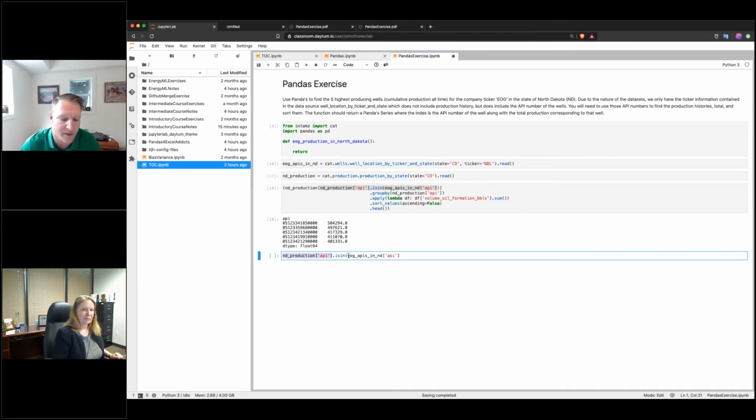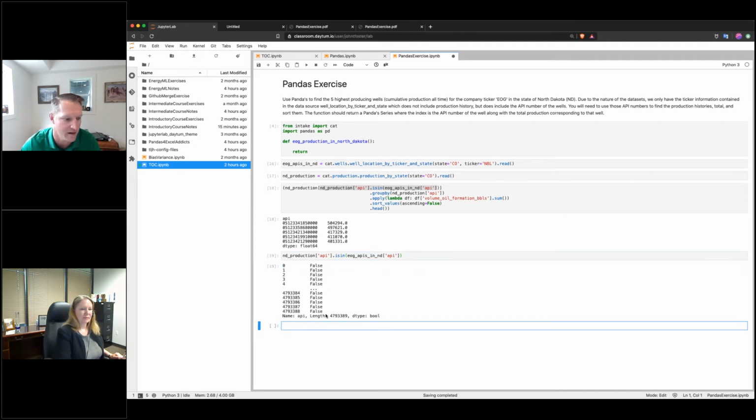This finds the intersection of that with the other data frame that has the API numbers that we know are EOG's. So again, if I run this part alone, it produces a Boolean array, trues and falses. In this case, it only prints the first 5 and the last 5, so you don't see the trues, but they're somewhere in there.